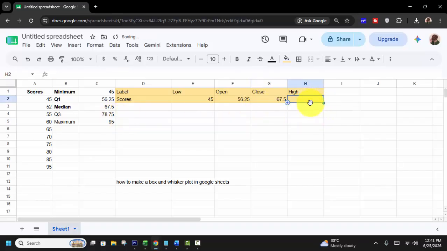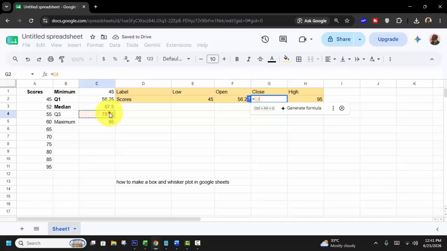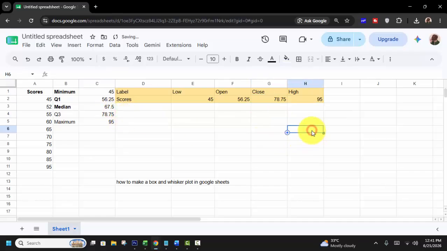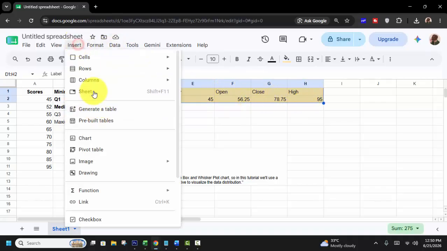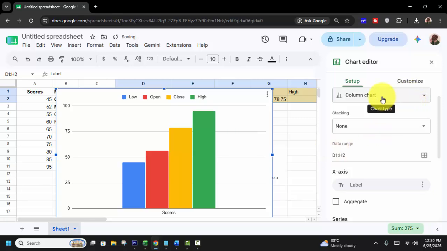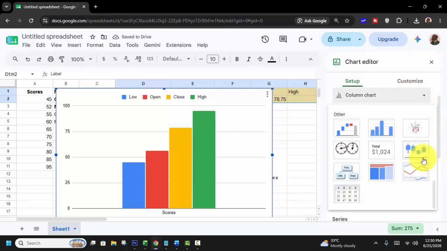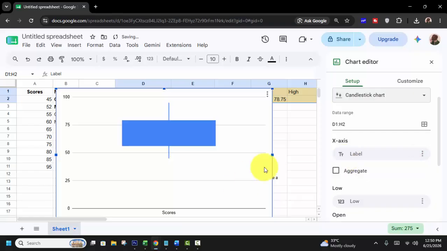High, equal high 95, press enter, and close, equal close, press enter. Okay, select level and scores, go to the insert tab, chart, setup, find candlestick chart,